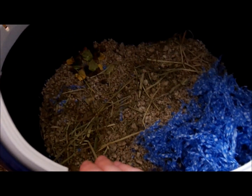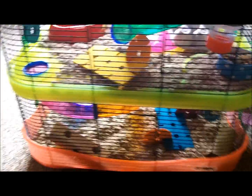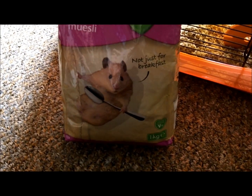I've just put a little bit of bed in, a bit of Megazorb, a little bit of food in the corner, and a little bit of the chamomile hay, because it's supposed to be calming. And you also need to make sure you have a bag of whatever food they're fed on from wherever you're getting them from. There's Pets at Home muesli, which I don't like at all, but